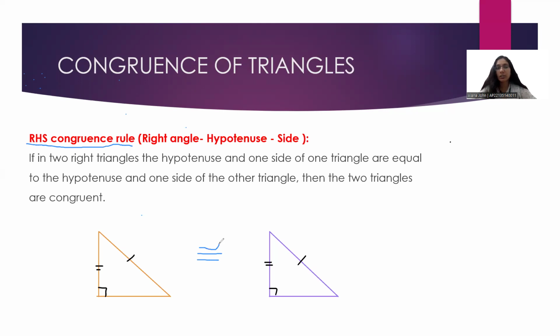Okay. So the RHS congruence rule is used for right angle triangles when the right angle, the hypotenuse, and one side of both the triangles are equal. Clear? So here we have discussed four congruence rules: SAS congruence rule, ASA congruence rule, SSS congruence rule, and RHS congruence rule. I hope these four congruence rules are clear to you. So these are all the prerequisites which we require to study about circles and their properties. Okay. So now we will be